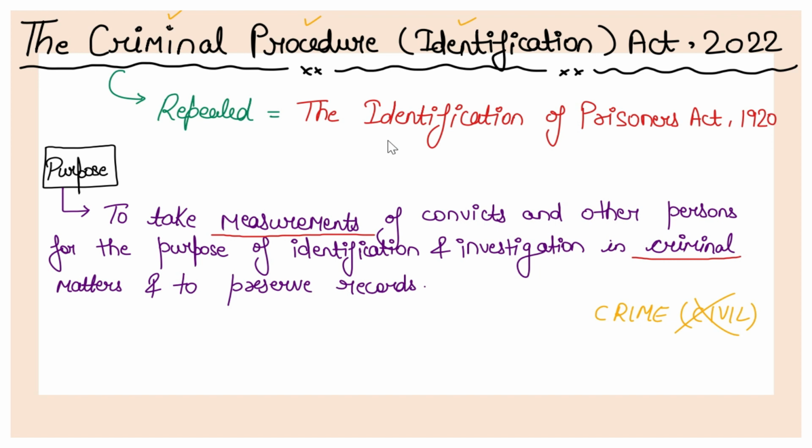So when you combine these three words, you understand that this is basically an act related to the procedure for identification purposes, and it will be applicable to criminal cases only. It will not be counted for civil cases. So that is the meaning of this act, and we have just seen it from the name of it. On the face of it, prima facie, we are getting this much knowledge from the name about what this act is all about.